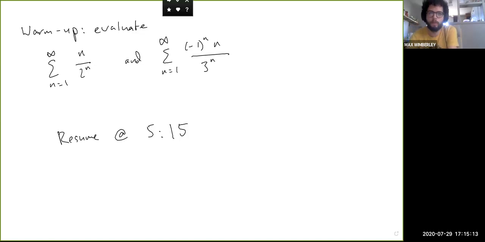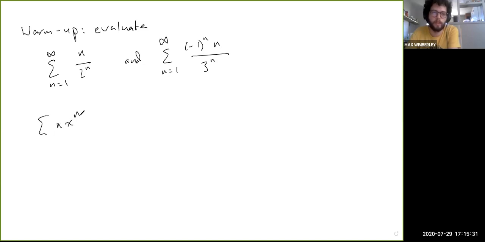Okay, so let's go over this. All right. So basically, these two series are just special values of the general power series sum of n x to the n, right? So here, this would be where x is 1/2, and this is where x is -1/3. And this has radius of convergence 1. So, these both obviously converge. You can tell they converge just from looking at them. But the point is that you can get both of them by just evaluating this at the corresponding value